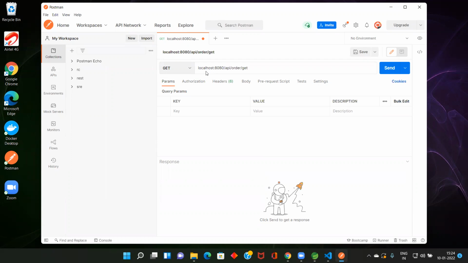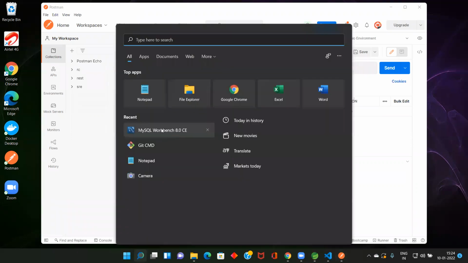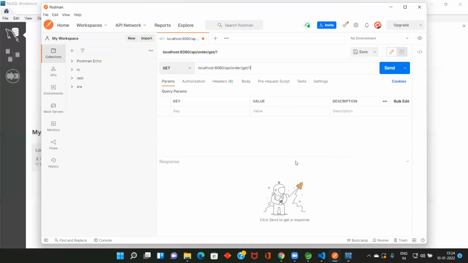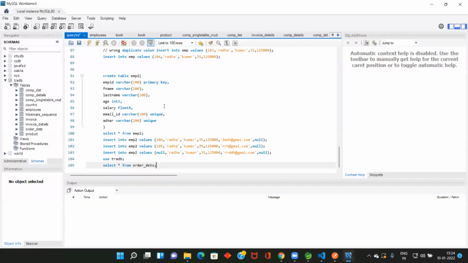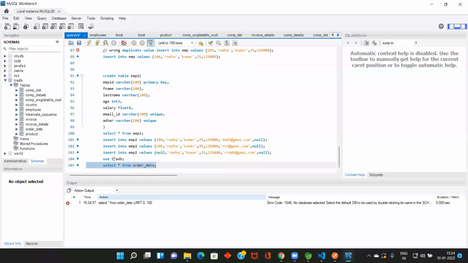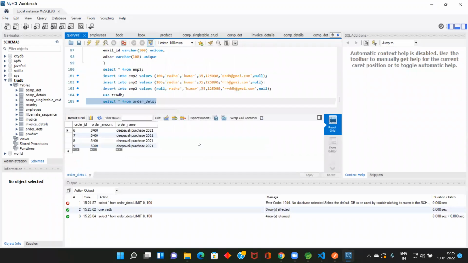I need to go to database and see what are the records available. Order ID is 7, 8, 9, 10 is there.